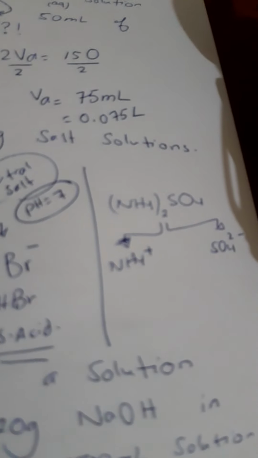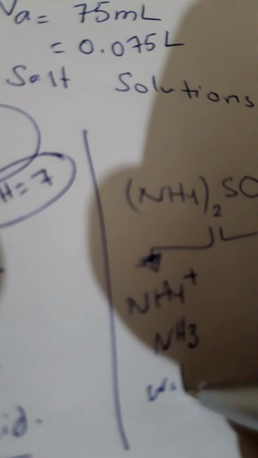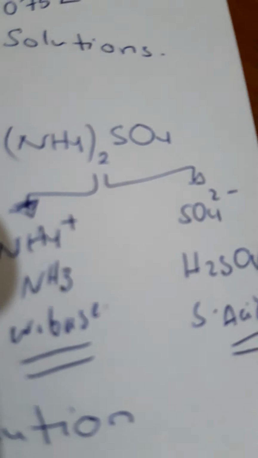Be careful, guys. If you have the ammonium ion NH4 plus, you should know that the base of this ion is ammonia, which is a weak base, and the sulfate ion brings back the acid, or gives it hydrogen ions, to have H2SO4, sulfuric acid, which is a strong acid. So you have a weak base and a strong acid. So the salt you have here is an acidic salt, or pH is less